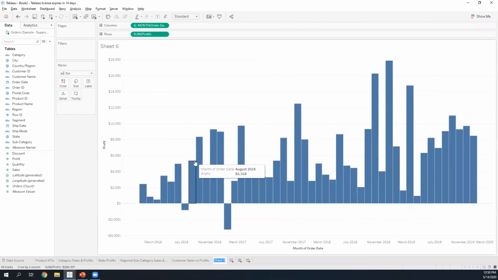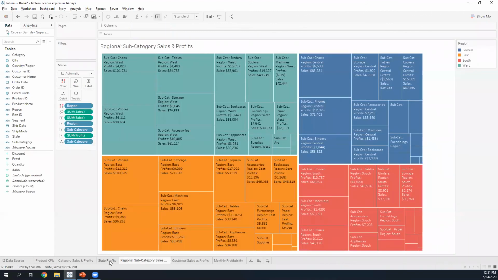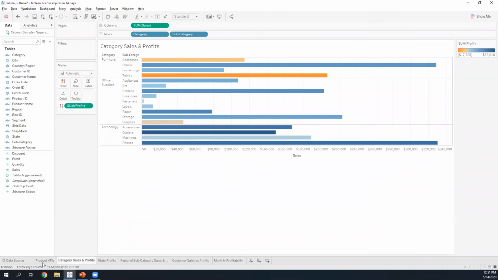So I'll go ahead and call this our monthly profitability. Cool. Now, at this point, we built out all of the necessary components, right? While all of these individual worksheets are fantastic in the information that they provide us, we have yet to relate